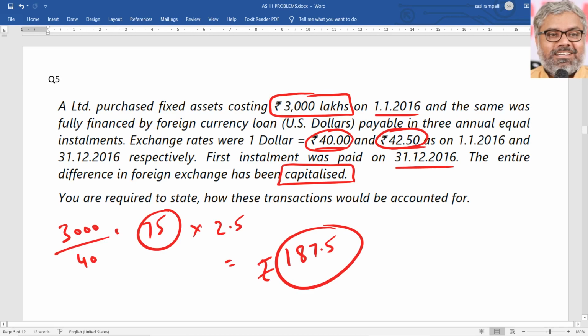The question is only about how it is routed through the P&L account. The 3 possibilities have 3 different impacts. 187.5 lakhs directly debited to P&L: the entire amount is charged in 1 year. If it is added to fixed assets, then also it is charged to P&L, but in the form of depreciation, because the fixed asset value has increased now. That will naturally result in additional depreciation. Then also there will be some impact on the P&L each year while the asset exists.